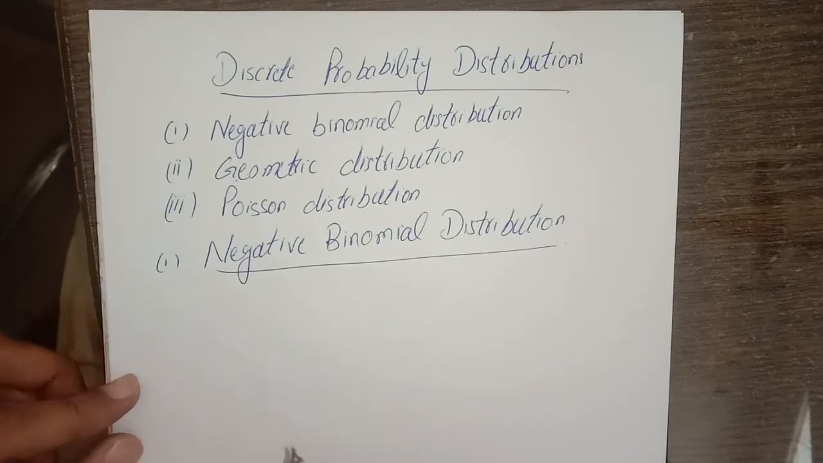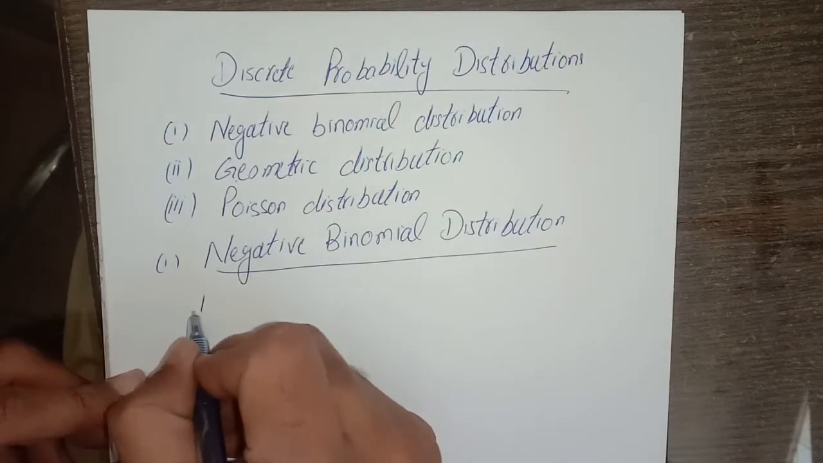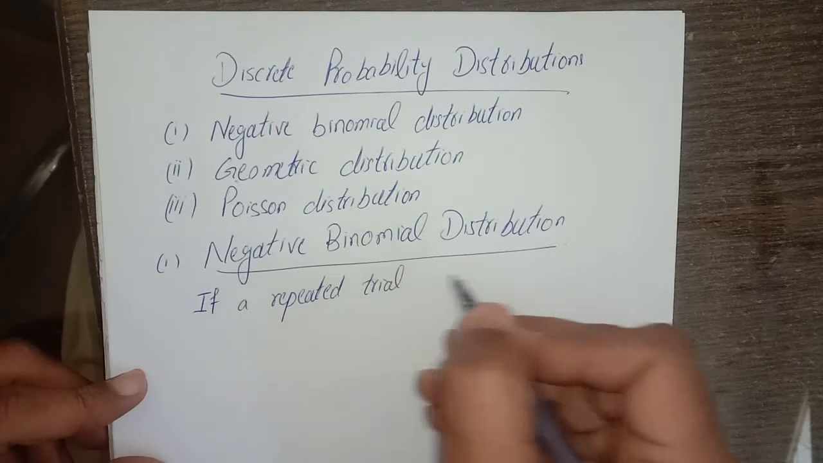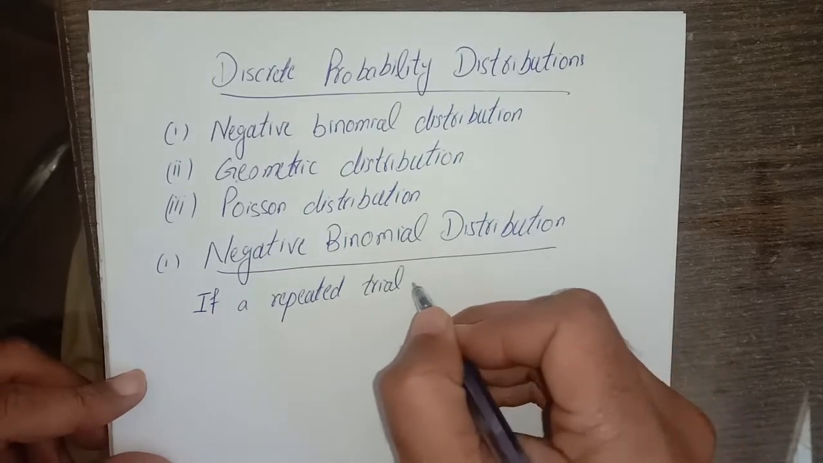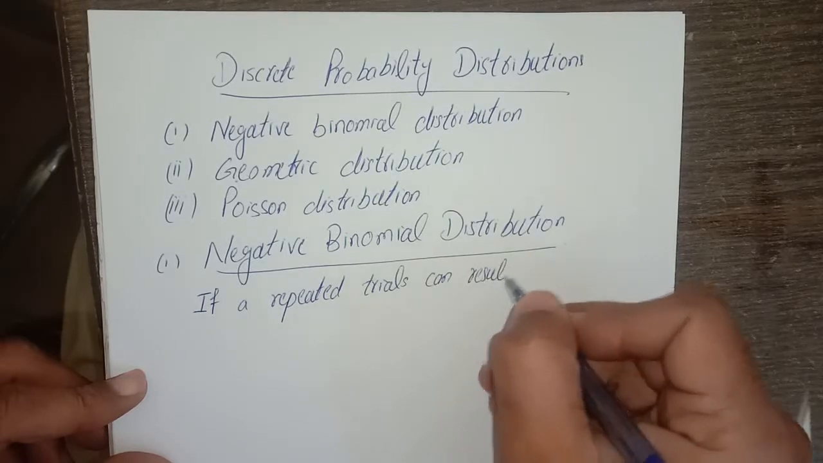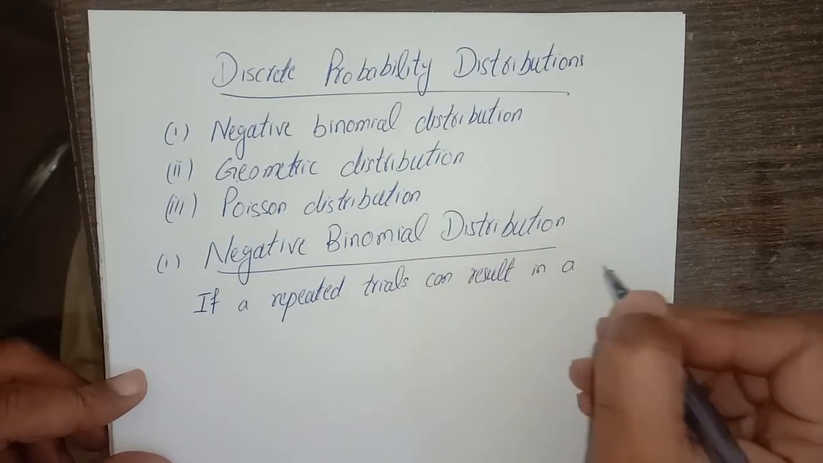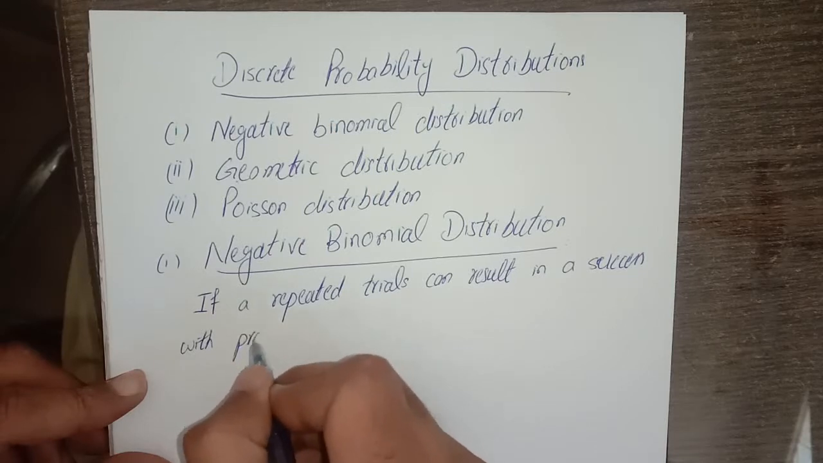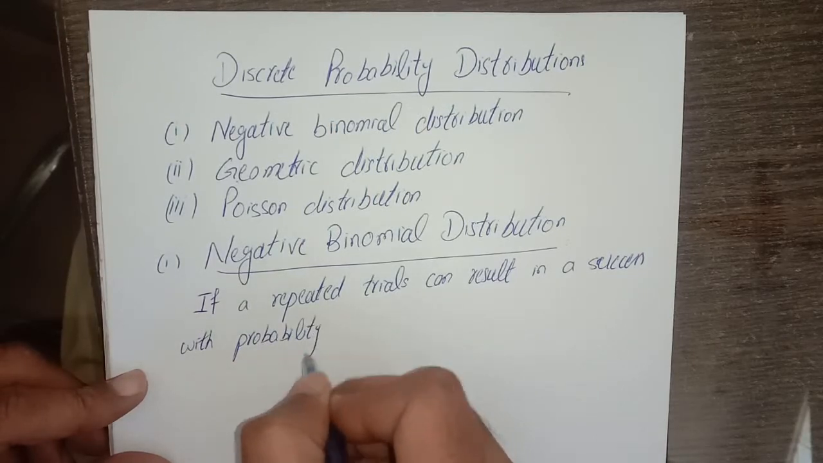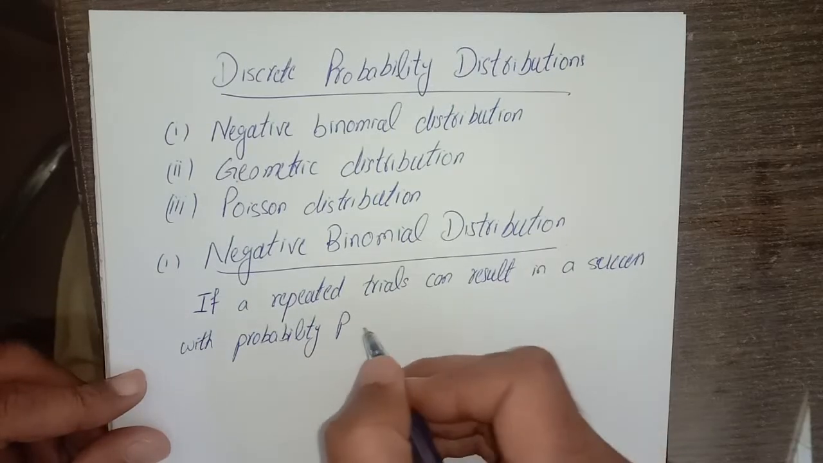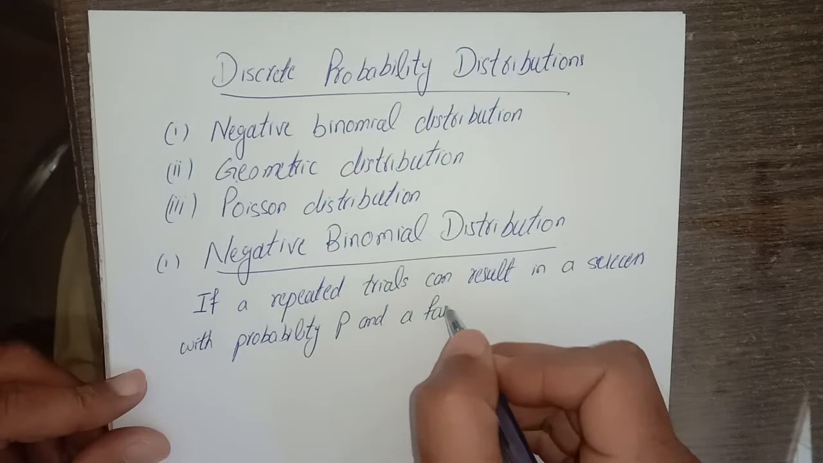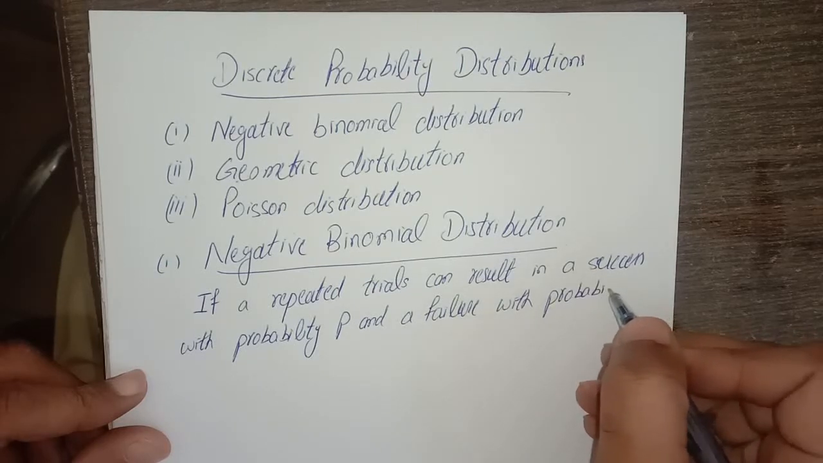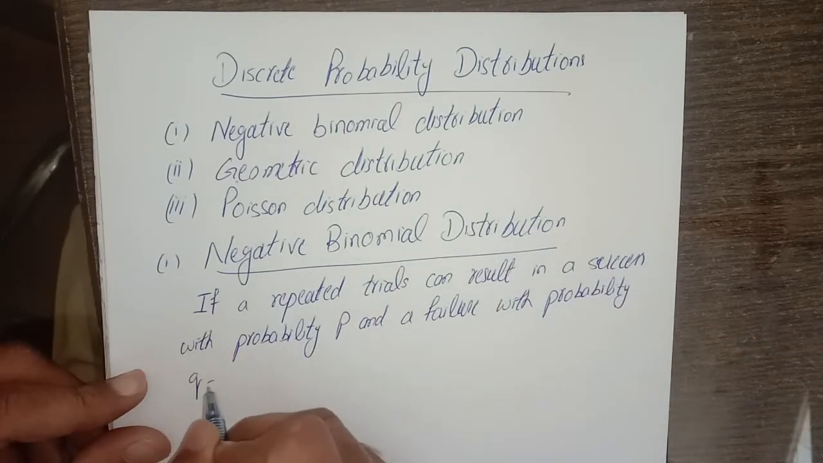Negative binomial distribution: if repeated trials can result in a success with probability p and a failure with probability q, which is equal to 1 minus p,